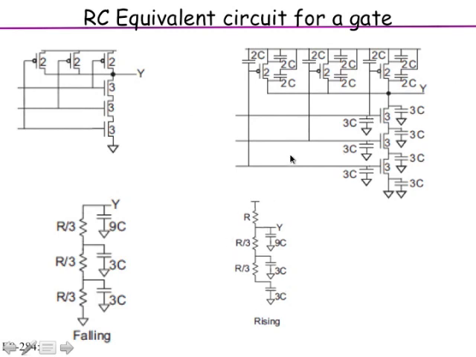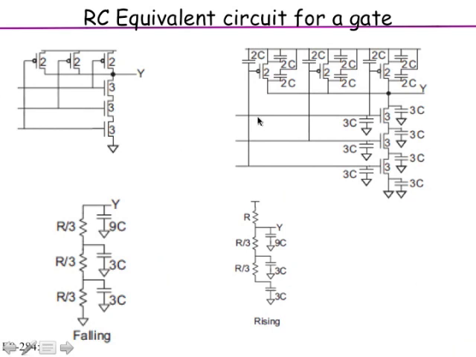For the rising transition, let us look at this. So now this kind of looks funny out here. But really what we are saying is, let us assume that rising is happening because one of the inputs has gone from high to low. Let us say all three inputs were high to begin with, and one of them has gone to low. And let us say the bottom one has gone to low. When the bottom one goes to low, the top two inputs are still high. When the bottom one goes to low, this transistor shuts off, and one of the PMOSes turns on, the remaining two are off, but these two are still on. So the RC network becomes R for the PMOS.